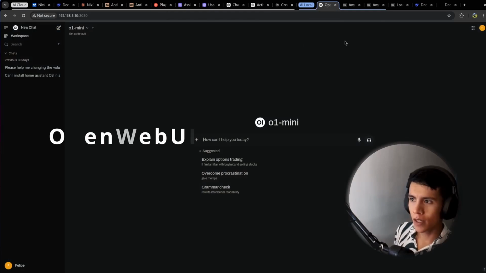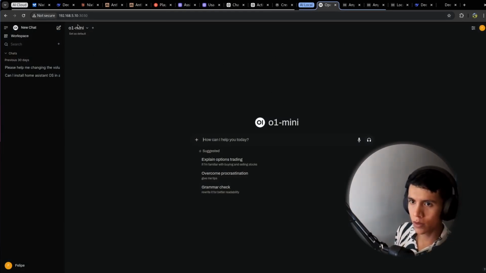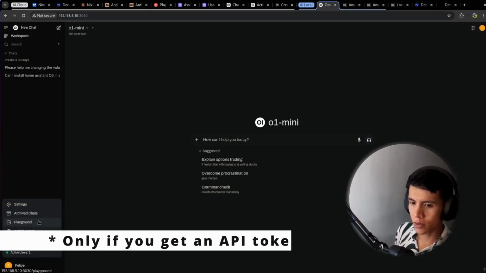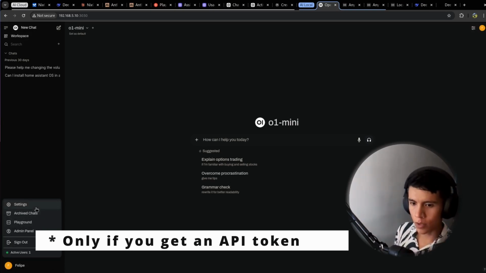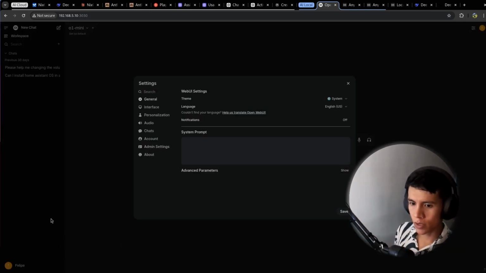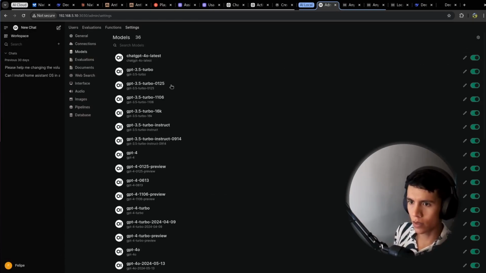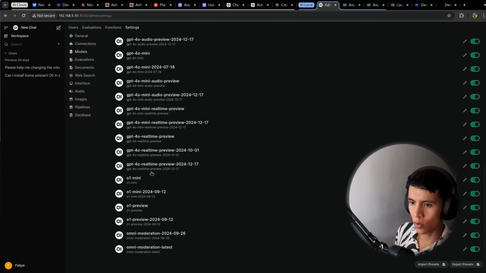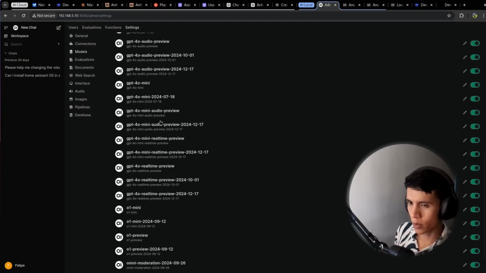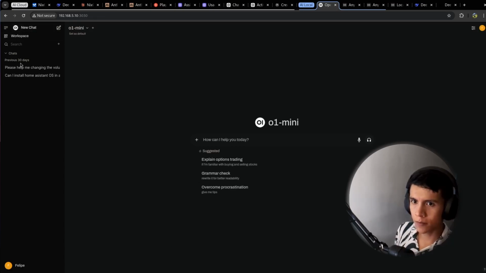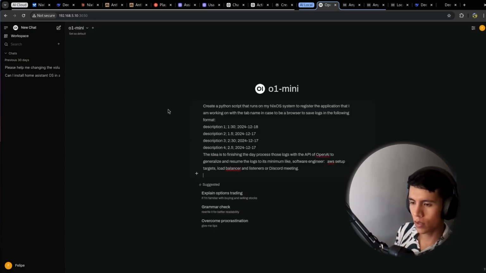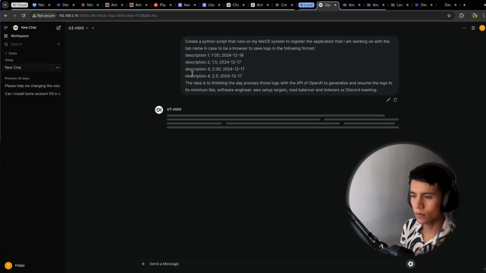Local AI. You can install this through Docker. The Docker image is pretty simple to set up, and you will have access to almost all of the models from ChatGPT, from OpenAI. For example, I will show you the admin panel, settings, models, and as you can see here, you have the o1 mini, o1 preview, and those are some of the most powerful models. And here I will show you the answer from this one, o1 mini. This is really fast